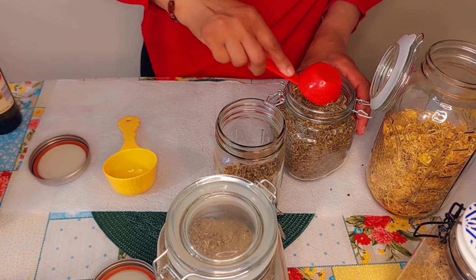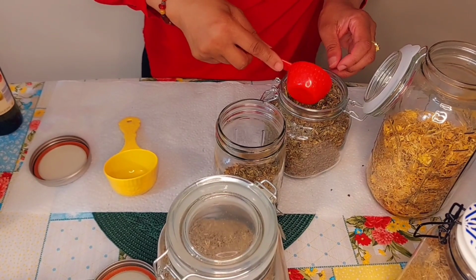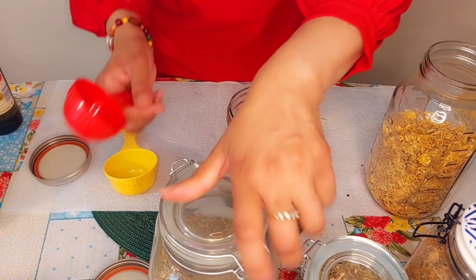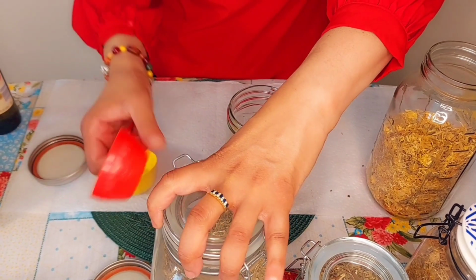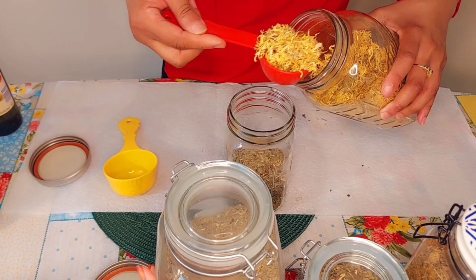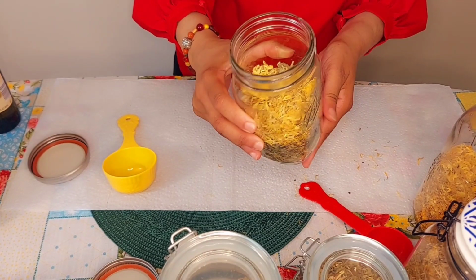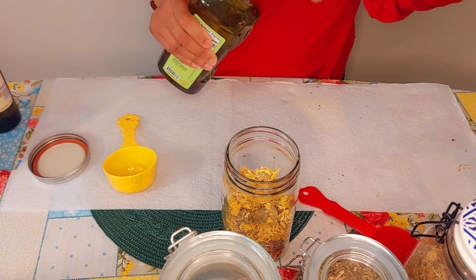Just make sure everything is sterilized. So this is a 1/4 cup of the comfrey. Then I am putting in the horsetail, which is another 1/4 cup of the horsetail. Then I am going to top it off with my calendula. Okay, so this is our 1/2 cup. You can put other things that you know is good for the skin. We are just gonna top this off with some